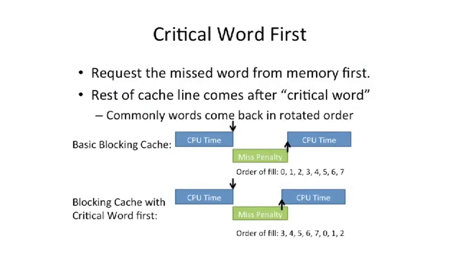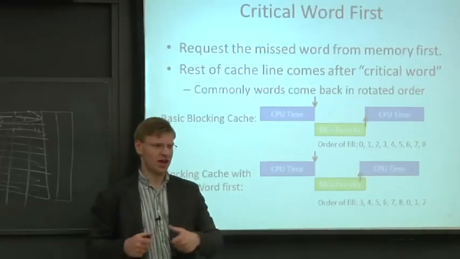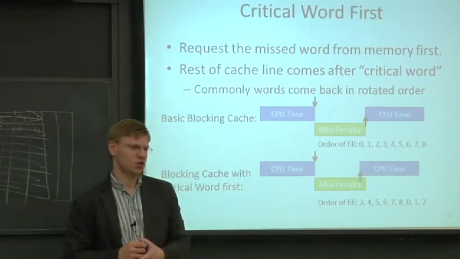So critical word first, the basic idea here is that you can express to the memory system which word is the most important word. And usually RAM arrays, the buses are oriented in a way that it takes multiple pumps or multiple cycles to transmit the data across the bus. And usually these arrays don't care, at least main memory, like DRAM arrays, big things on your chassis or on your system server motherboard.